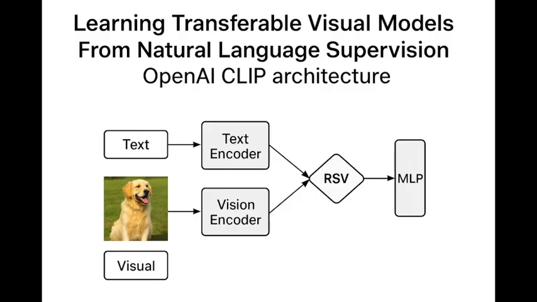So the model's job isn't to describe the picture. Nope. Its job is simply to learn to score the 32 correct pairings really high and the 992 incorrect pairings really, really low. It learns to contrast the correct matches against all the incorrect noise pairings. That does sound much simpler than writing a whole sentence. But how does it compare an image and text?